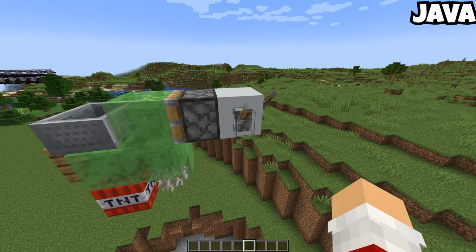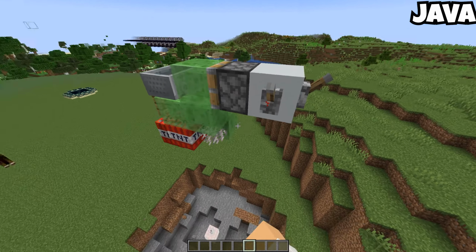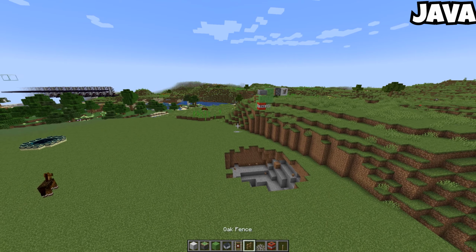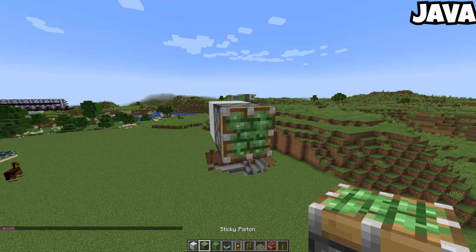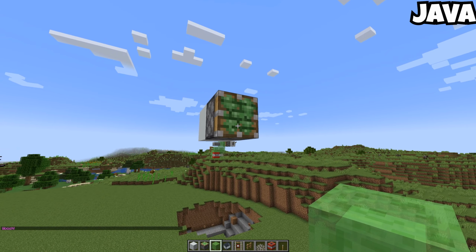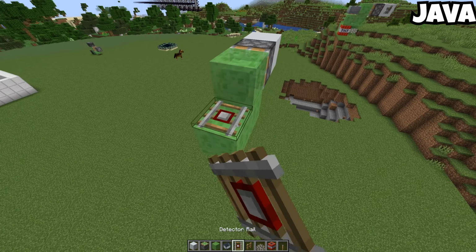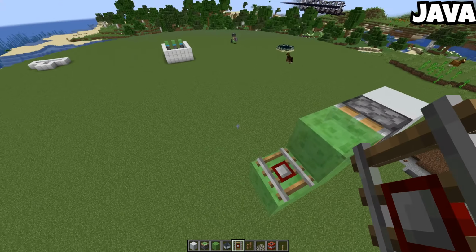So, how this works, well, you pull the lever and boom, TNT. But there's still the TNT there. What is this? So I'll be showing you how to do that magic. So to start off, let's get some blocks. Here we go. Place a piston on the block. Get 3 slime blocks. You'll need 6 in total. 1, 2, 3. Place a detector rail that is facing,